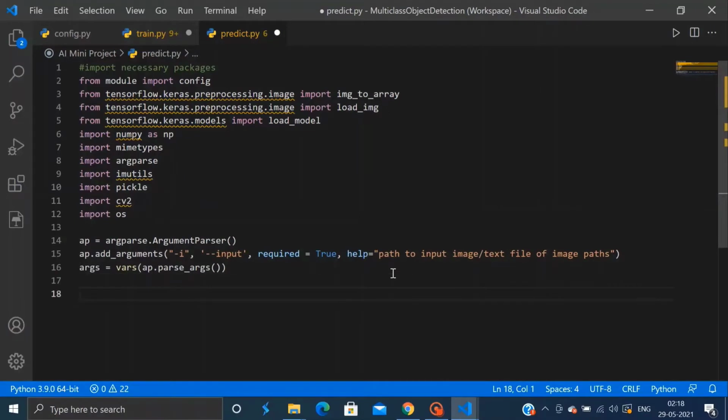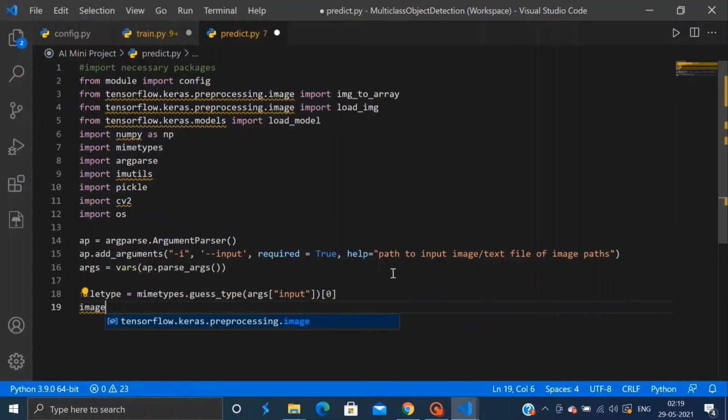Now let's handle the input command line arguments. For this we'll determine the input file type, but assume that we are working with a single input image. So we will use the MIME types functionality to determine this file type, and we have a single input. We actually now have two options, the default one being that our image paths consist of one lone image path from the input.